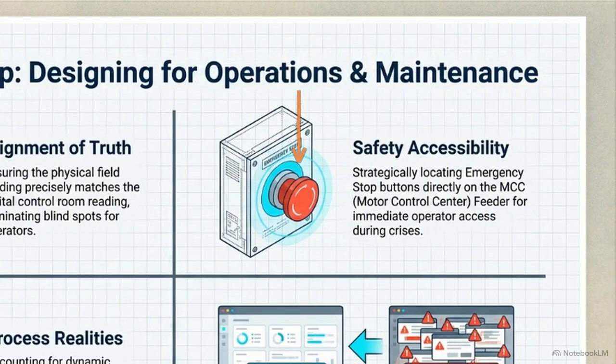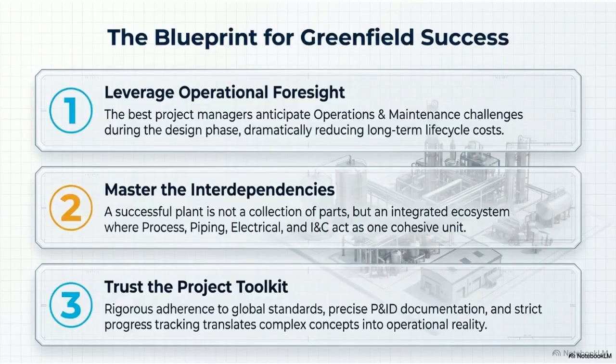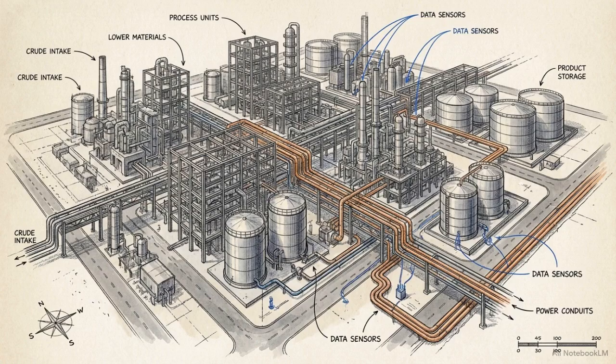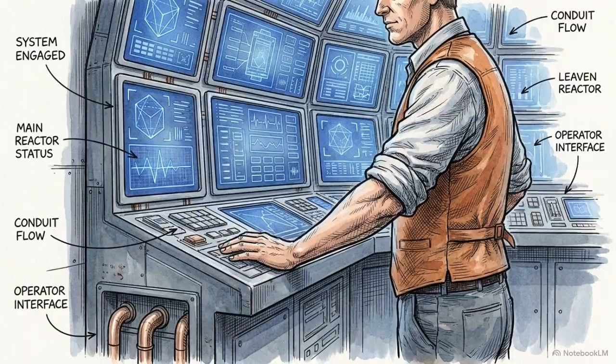These 3 steps summarize what it takes to succeed. Project managers must anticipate the challenges operators will face, understand how the various systems overlap, and stick strictly to the construction guides. Building a greenfield plant is more than just assembling parts on an empty field. It is the process of designing a complex, integrated ecosystem that allows humans to